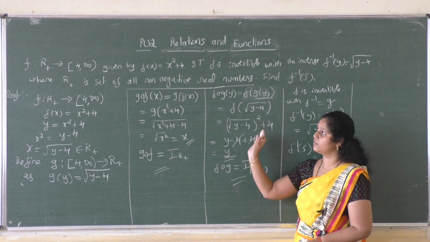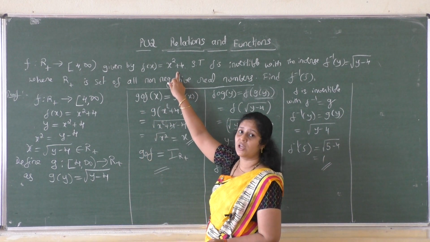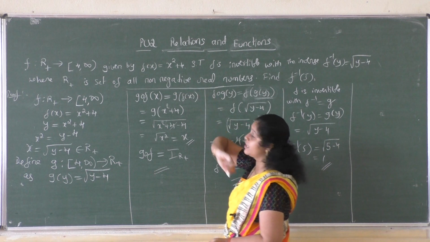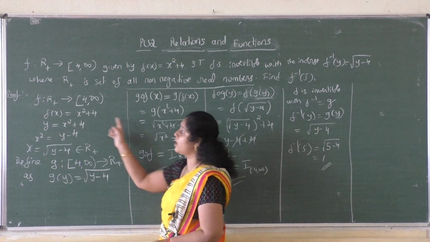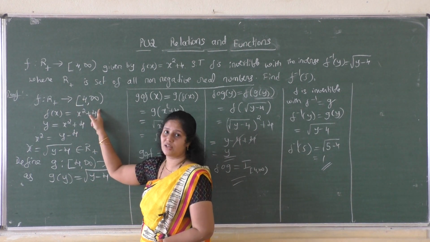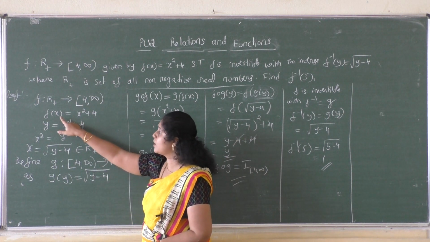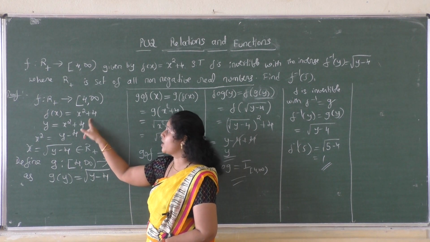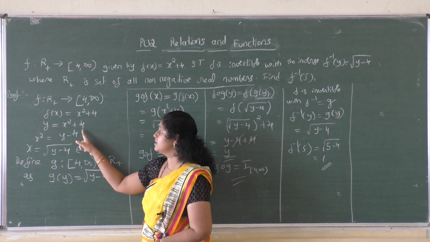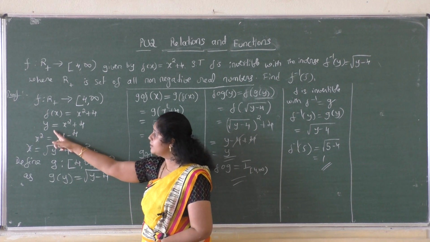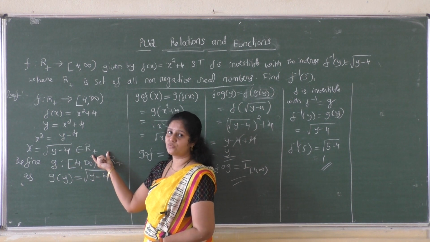If a function is given, then they will give f of x to you. Then show that f is invertible, means you have to write the same steps. That means first you have to write the function defined from where to where, that is needed. Then after writing, we have to write what is f of x. Then you have to take y as a codomain set element, y as that function. Then find x, what is x. Then always x is an element of the domain.